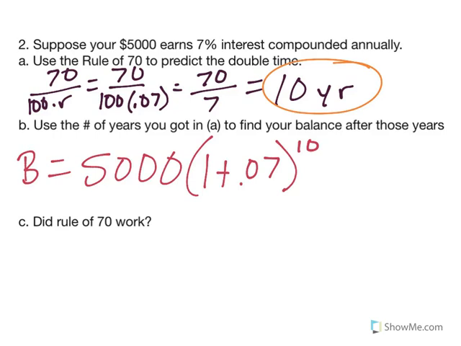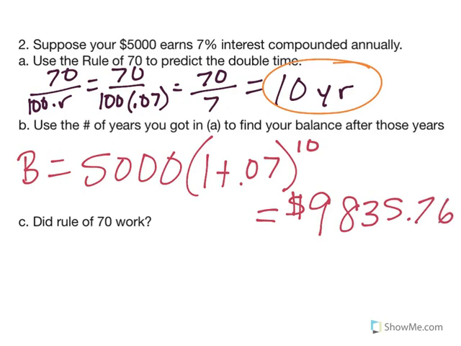So when I plug that into my calculator and I do the math, order of operations, I end up with $9,835.76. Now, did the rule of 70 work, right? Did it give a good approximation for the doubling time? Well,